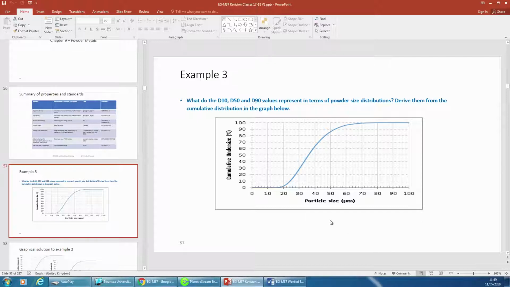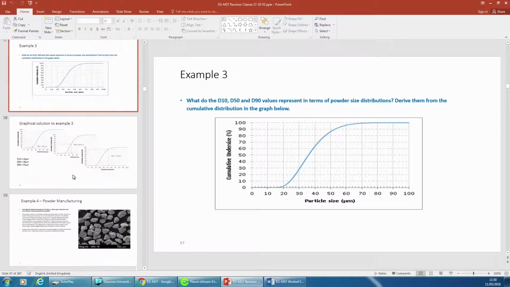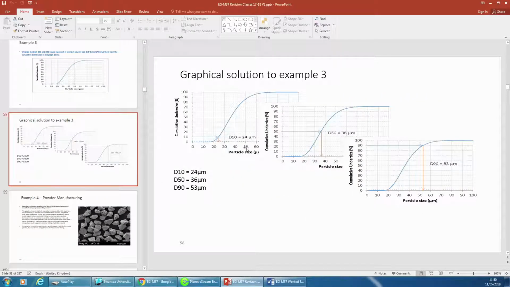One of the things we focus on, and I've got an example here, is how you can use the cumulative distribution. All the powders have a range of sizes. We have size fractions with D10, D50 and D90, which is based upon the volume of particles which have less than a certain size. So 10% are below a certain size, 50% below that certain size, and 90% below another. In order to derive from a cumulative size distribution what these size fractions are,